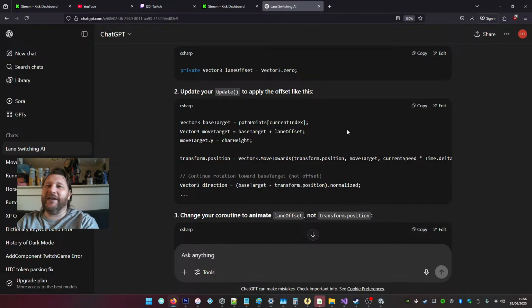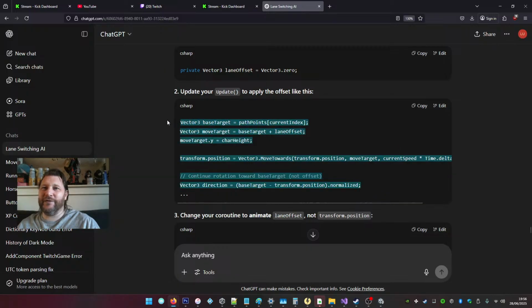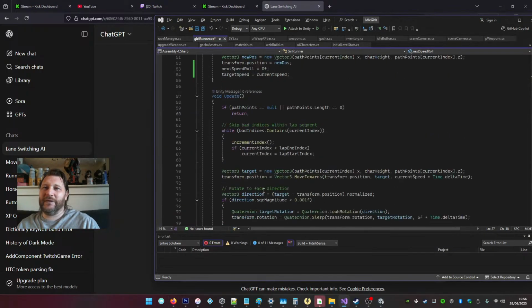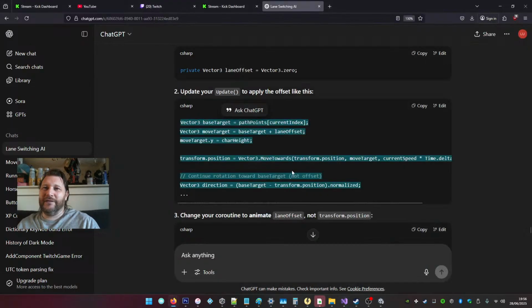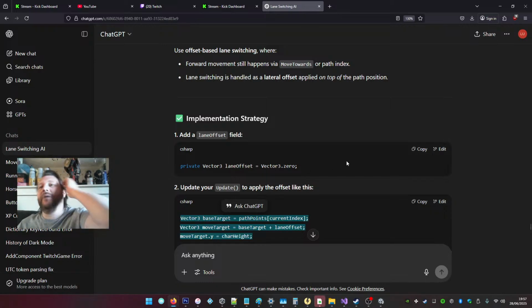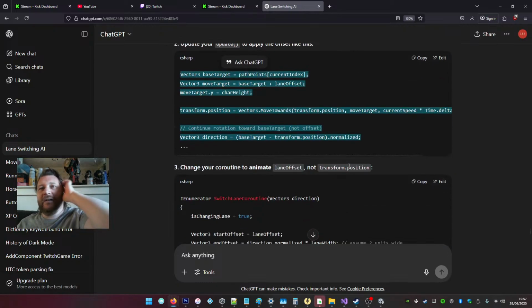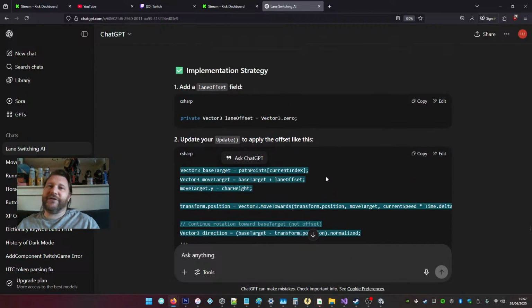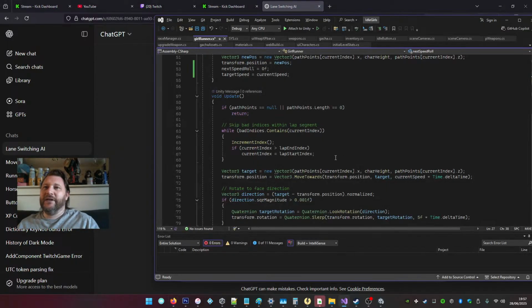Vector 3 best target path points current index. Update your update to apply the offset like this. Okay, so we want these lines here in update. Right, I don't know where lane offset. Lane offset is the thing that we just declared. So when we're switching lanes,